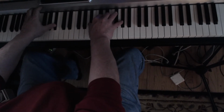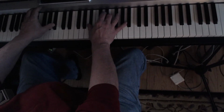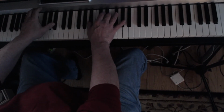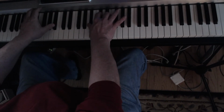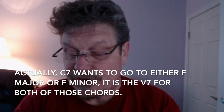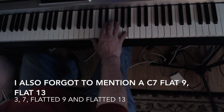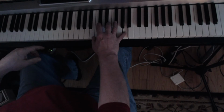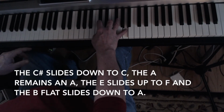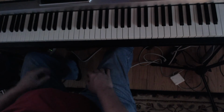And they say, well, what if they're asking for a C13 with a flatted 9, and you want to play it in this position? Same way: 7, 3, flat 9, 13. This is a very commonly used chord in jazz because the C7 chord wants to go where? To F, right? Because C7 is the five seven to F. And if we have that flat 9 in there and that A functions as the third of F, the flat 9 is a half step above the fifth of that chord. So you get a really nice